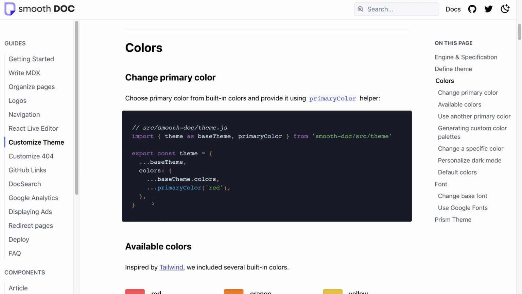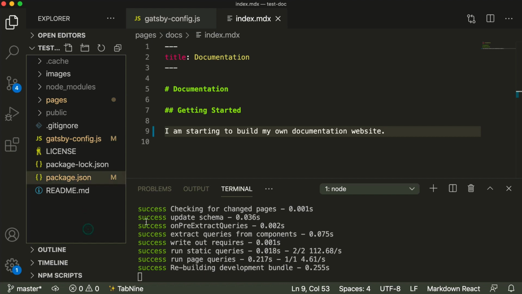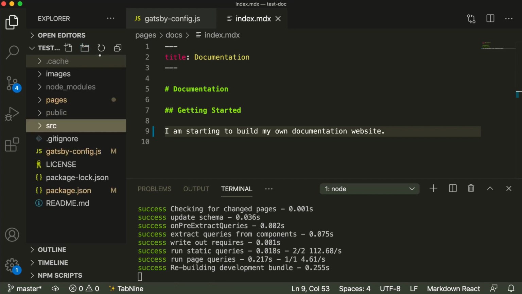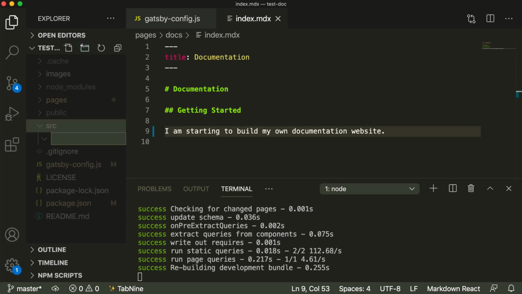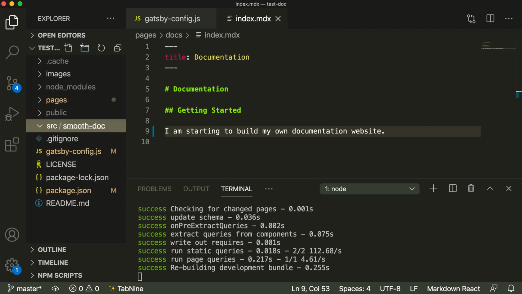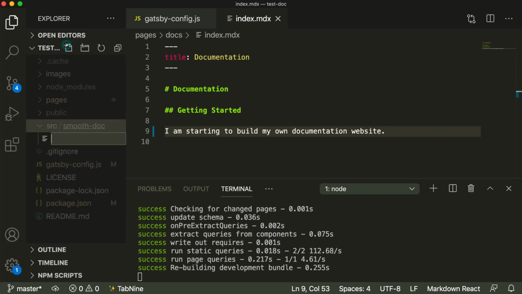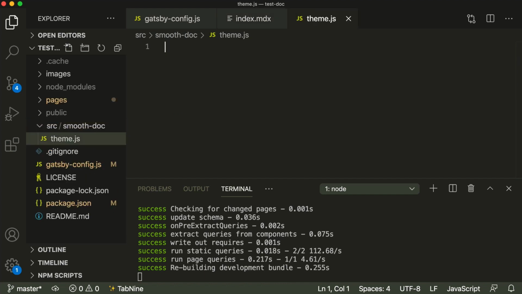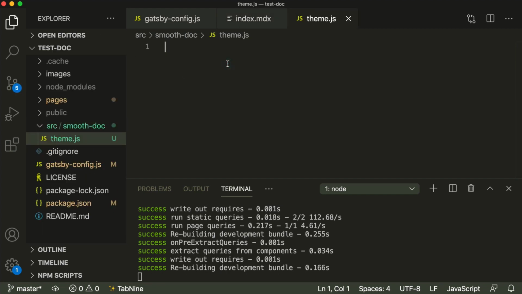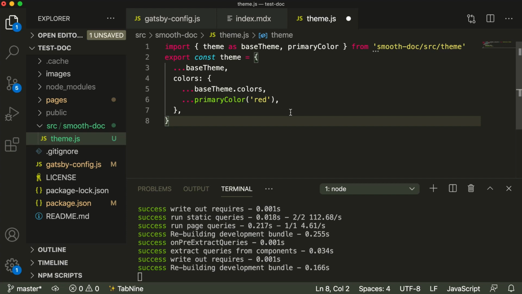First let's copy this code, go to our project in Visual Studio Code, create an empty directory with the name source, create another empty directory inside it with the name SmoothDoc, and in that new directory create a file named theme.js. In that theme.js we'll paste the code which you have copied, and we'll change the primary color from red to green.